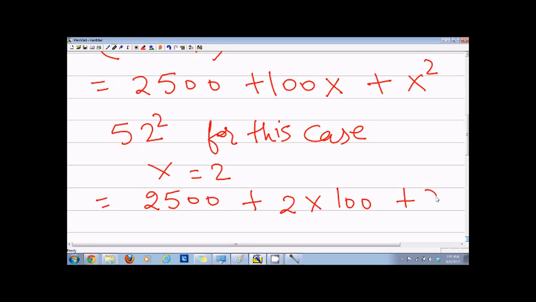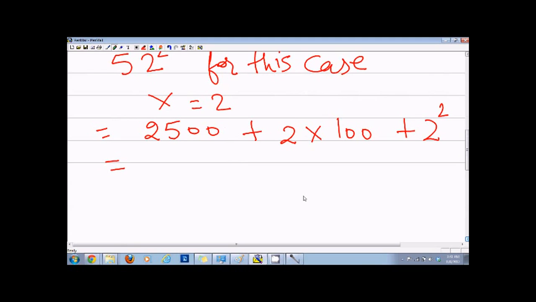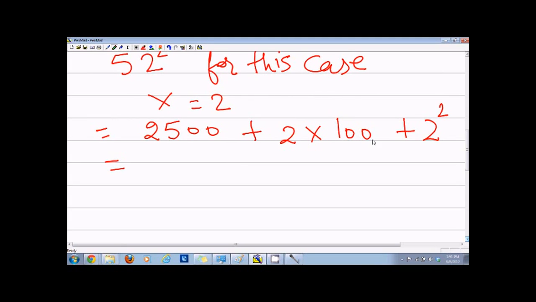And you can see, because 2 is at the hundredth place, this 2 will be added to 5, and then this 2 square is at the first place, so it will come up on the last digit. So we will have